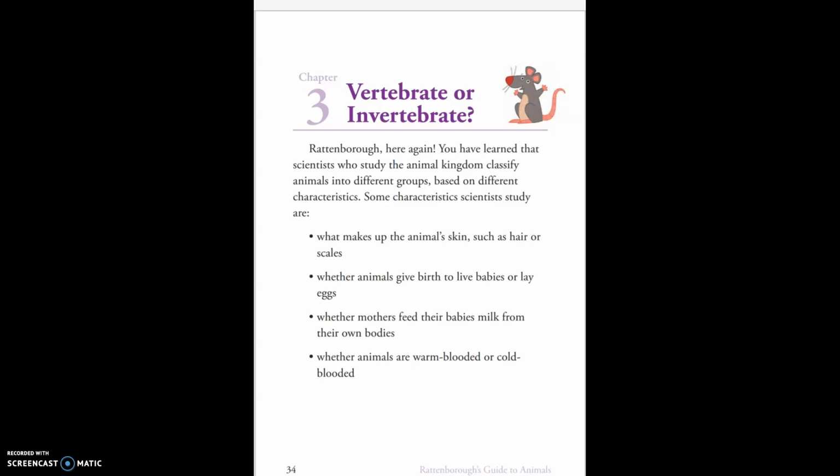Hi boys and girls, today we are reading chapter 3 of unit 2, and this chapter is called Vertebrate or Invertebrate. Rattenborough here again. You have learned that scientists who study the animal kingdom classify animals into different groups based